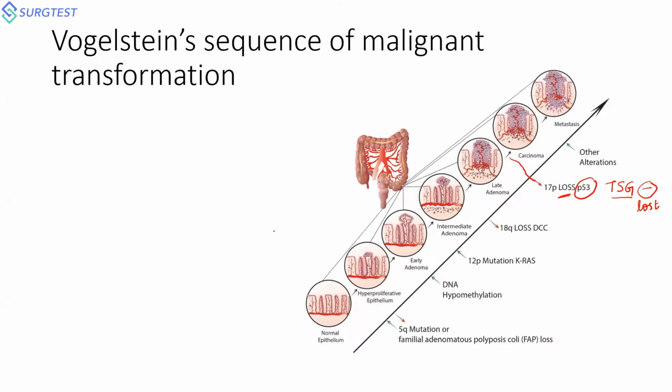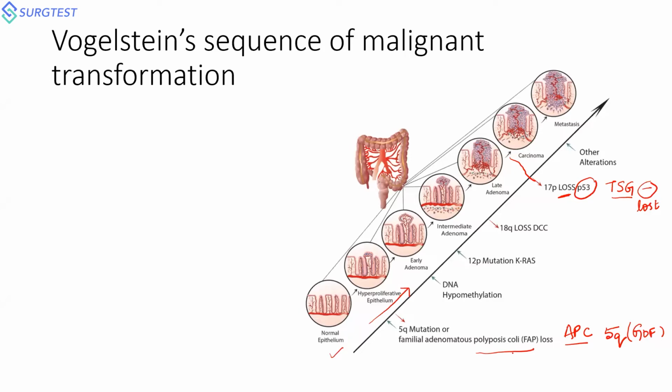This particular slide can also be asked in any of your entrance questions. This forms a part of your GA question, your oncology question, or your general principles of oncology part of it. You need to know the sequence. Your normal epithelium will be having the villus structure, which will be proliferative to become aberrant proliferative epithelium. So the APC gene that has been implicated, adenomatous polyposis coli gene, that is a gene in 5q chromosome, is your proto-oncogene, meaning there will be a gain of function mutation of this particular gene, which will be responsible for aberrant epithelial proliferation. So it is like starting the ignition of a vehicle.